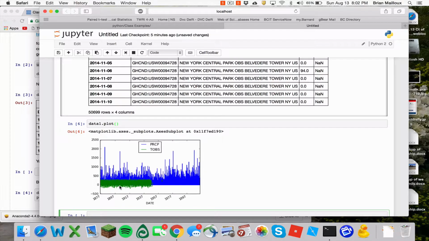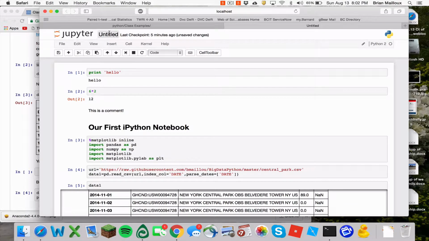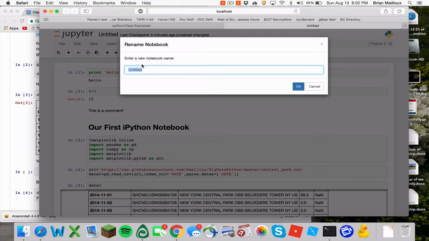Now I'm going to end here because now you're going to work through that notebook and do everything. But there are a couple key things here. This notebook is still untitled. You can rename it, right? And you can call it